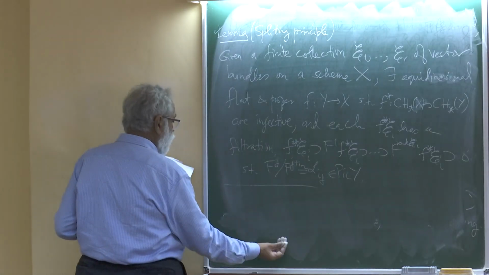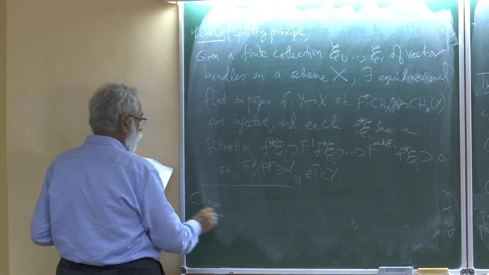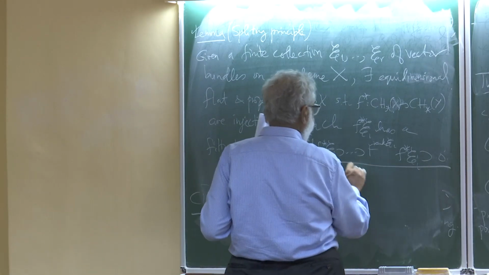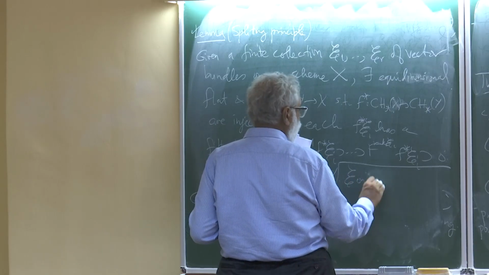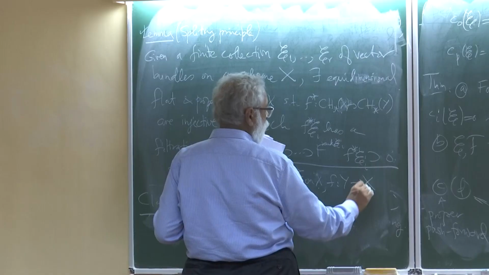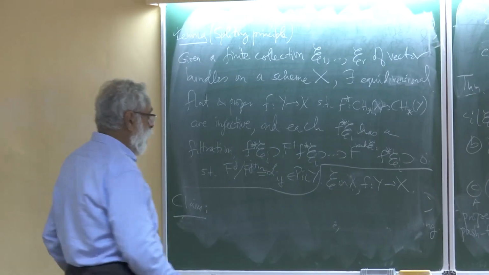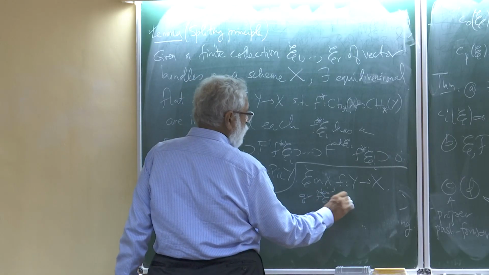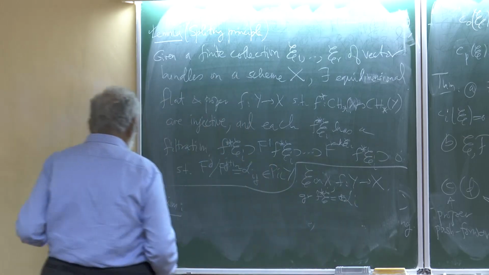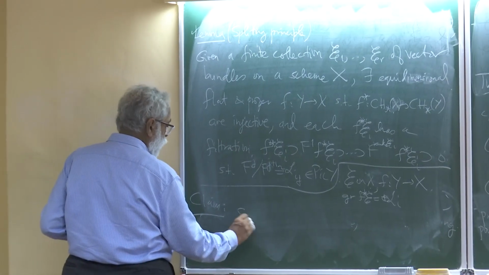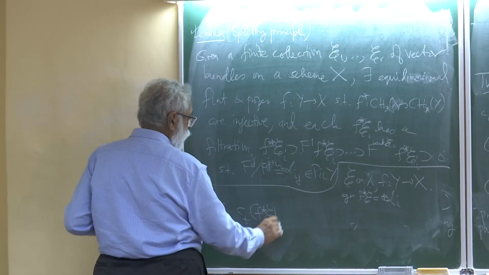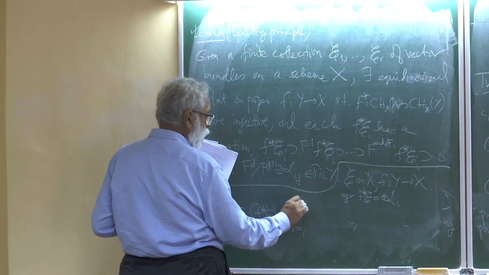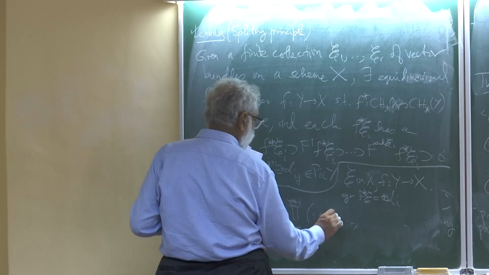Then the claim is, if I have E on X, and I apply splitting, I construct a splitting map f: Y to X for E, and the graded of f^*E is the direct sum of L_i, then the claim is that C_t of f^*E is the product of 1 plus